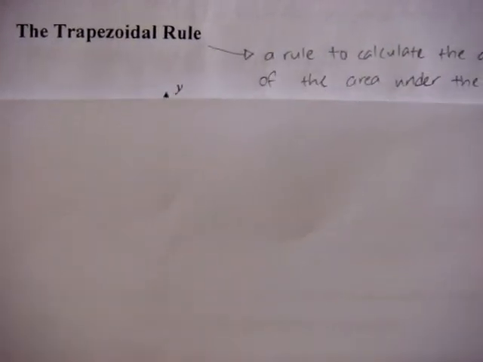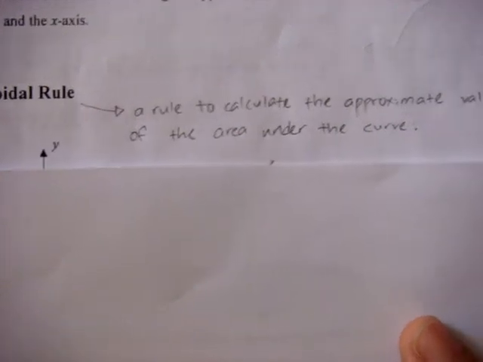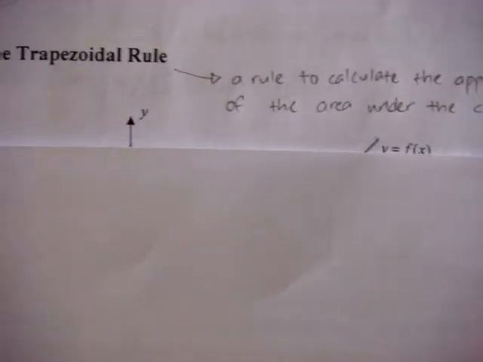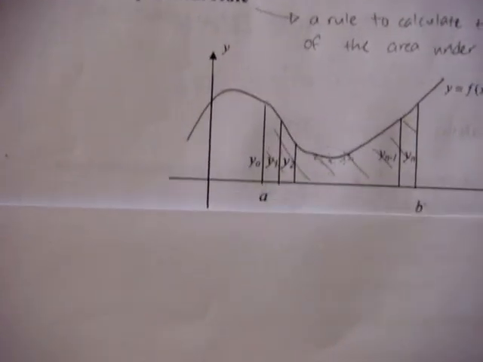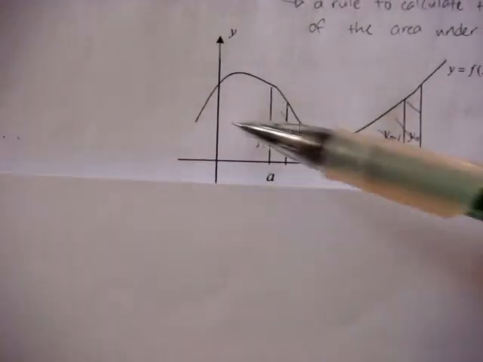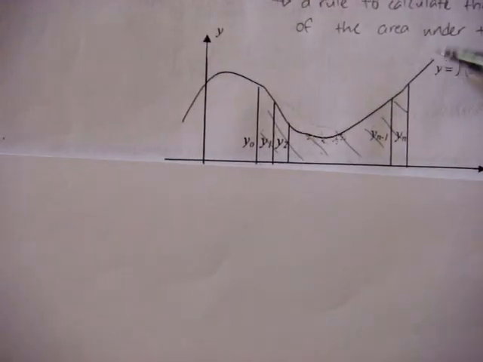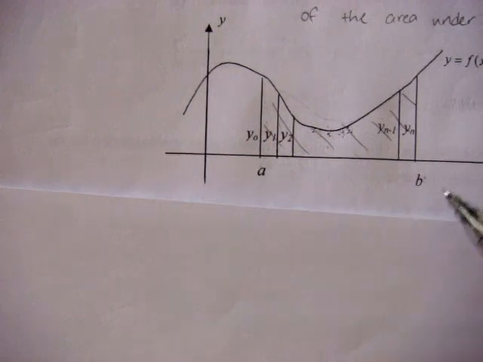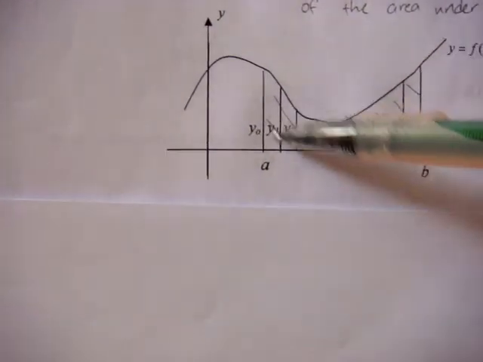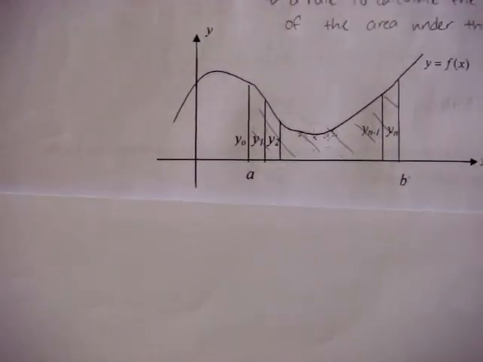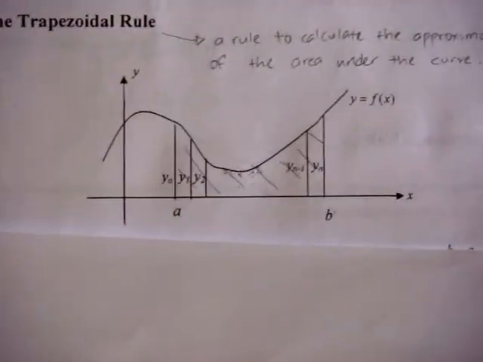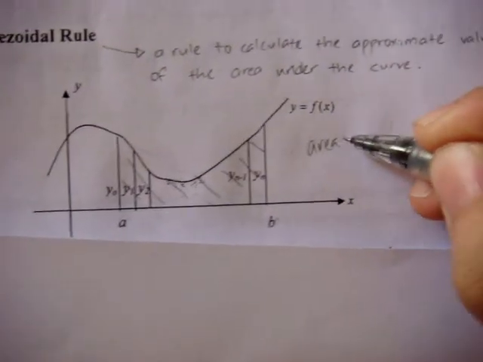Now, let us move on to the trapezoidal rule. What is the trapezoidal rule? It is simply a rule to calculate the approximate value of the area under the curve. Below shows a diagram of a graph. This is a curve y equals f(x), integrating from a to b, and the shaded part over here is the area under the curve. Area under the curve is equal to